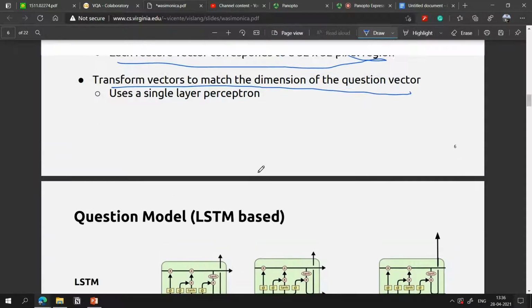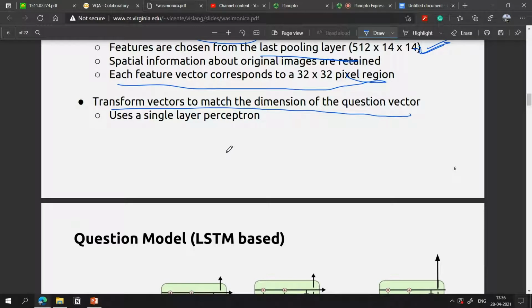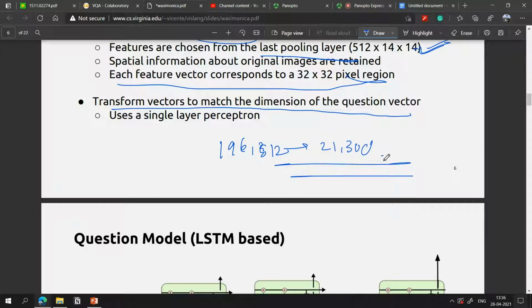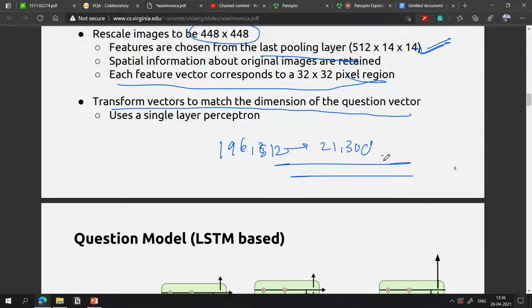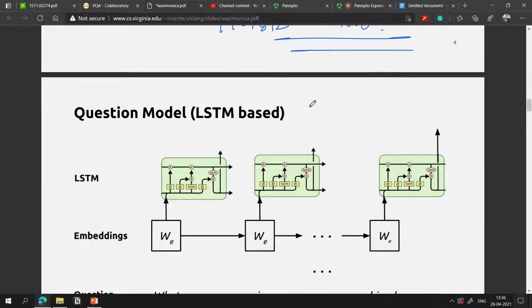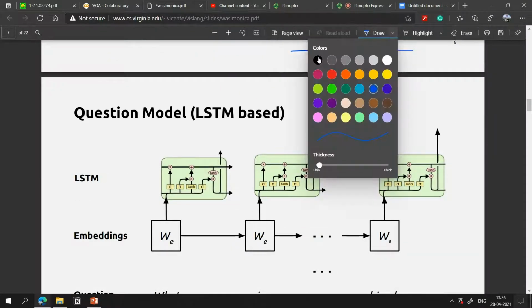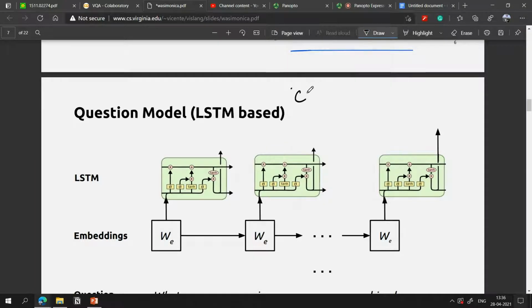By applying dense networks, I have managed to convert 196 by 512 into 21 comma 300 by applying some dense layers. I will show you in the code how I have done this. And one thing to be noted here is that CNNs and LSTMs are basically feature extractors, right?